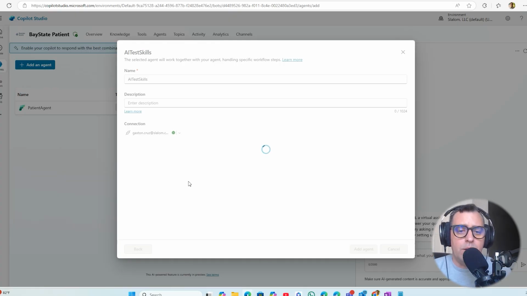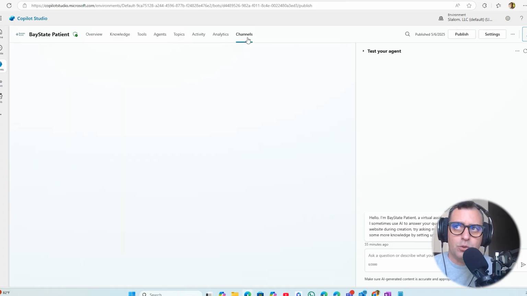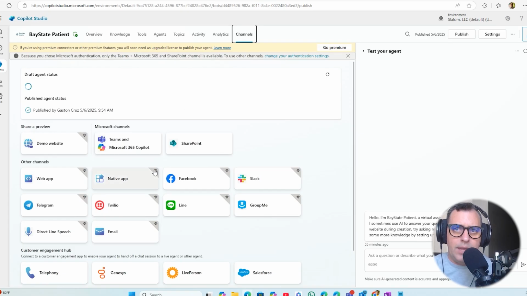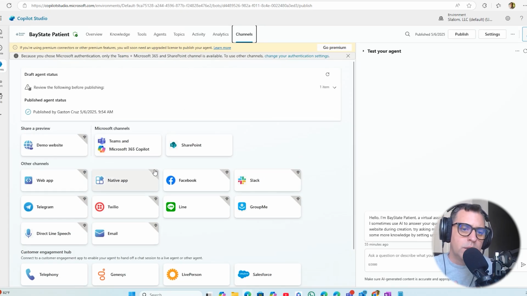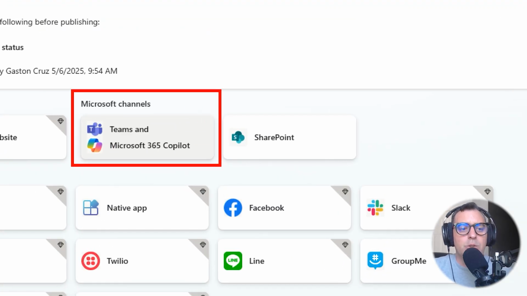And from here, remember that the last milestone for all of us is, after we finish this process, we can publish this data agent in any of the channels that we have available. So in channels at the top of my screen, I can see what channels are available. I can publish this to a demo website or a web application, or, common for me, publish this to a Teams channel and use this new data agent and the agent that I bring with Copilot Studio into Teams, and I can interact directly with Teams asking questions in natural language. So this is pretty much the live demo for today.